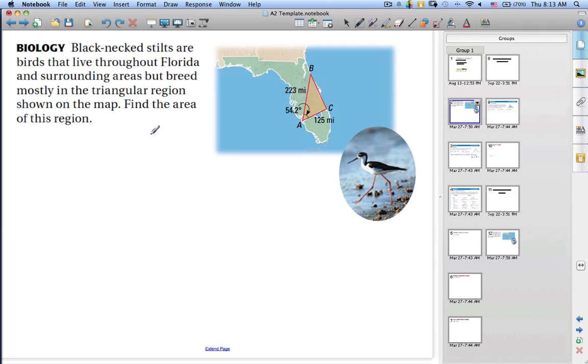Here's a problem related to biology and breeding regions of a bird. If we wanted to figure out how much area they had, we might work with some of the information from this section. You see, this is not a right triangle. This is the area in which the birds are breeding. How much square footage they have, or how many square miles, might be a determining factor in the success of a breeding program with these birds. So we'll work on this problem later in the lecture, but for now let's take a look at the law